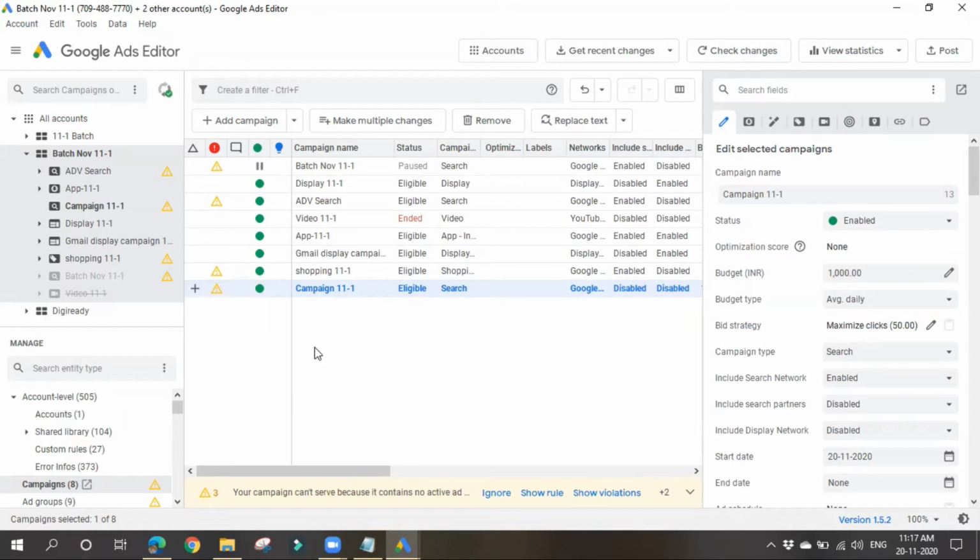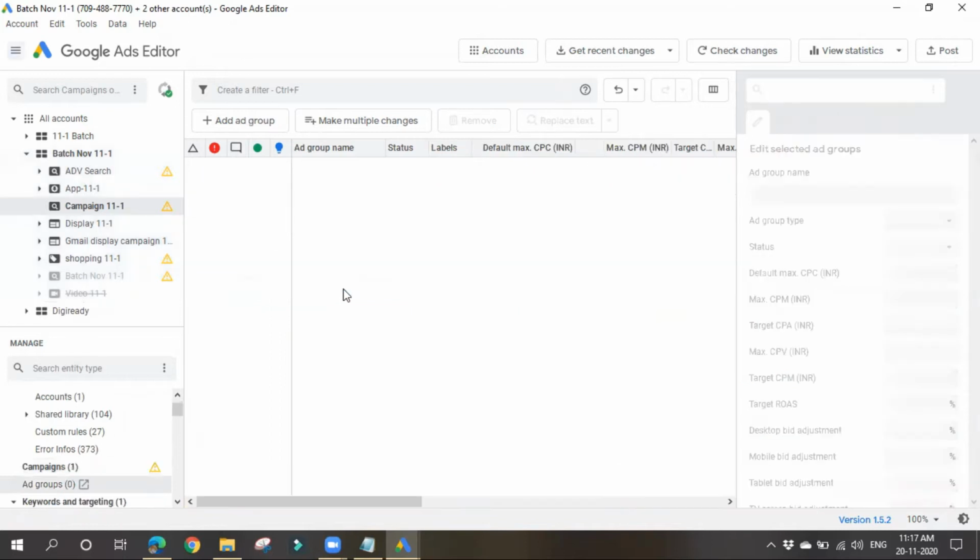Now if you want to create an ad group, what should we do? Simply click here. You can also double click on it and you will be navigated to ad groups. When you double click on a campaign, you are navigated to its ad groups. In this particular campaign there are no ad groups, so let me create one.